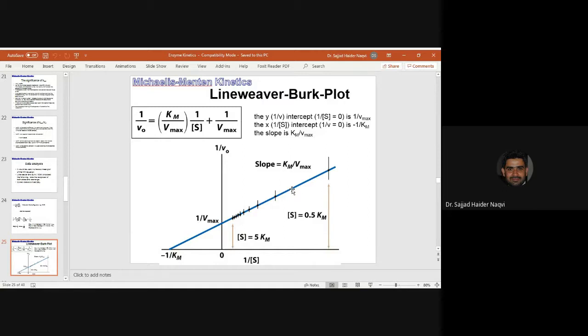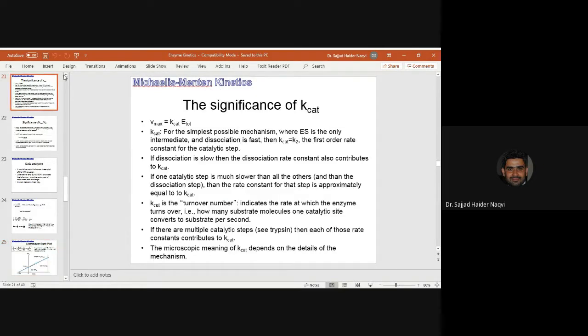What are these advantages? This line is going to intercept the y-axis at a point. This point of intersection where the line touches the y-axis is mathematically called 1 over Vmax. 1 over Vmax means half Vmax. So in contrast to the other graph, if you go back there again,